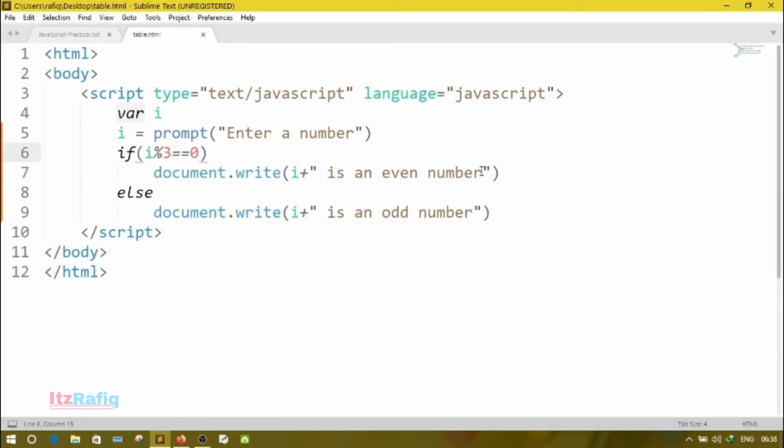Here not even, is divisible by 3. is not divisible by 3.